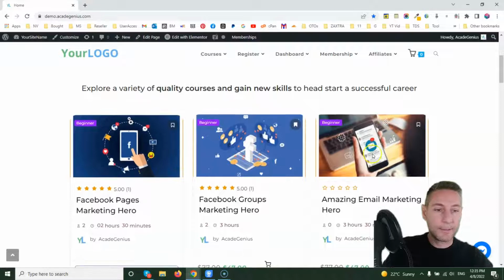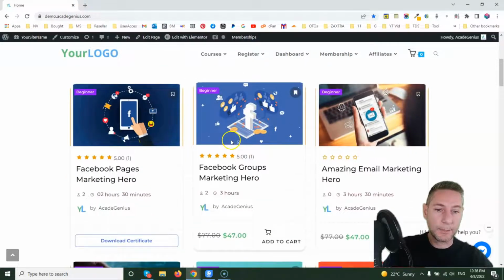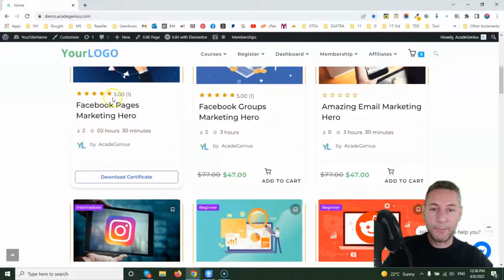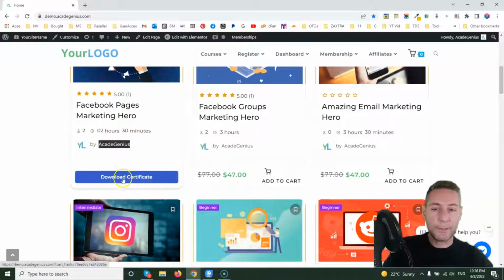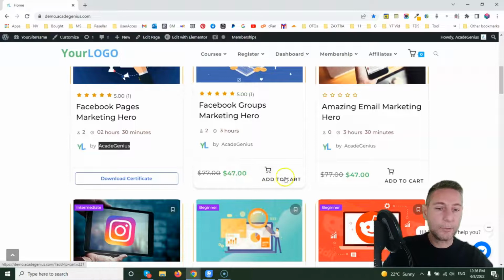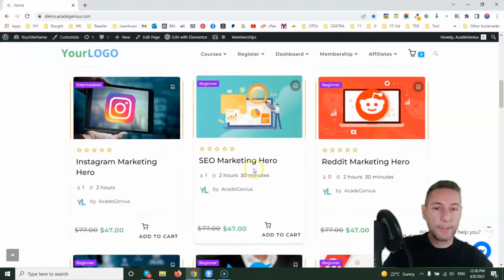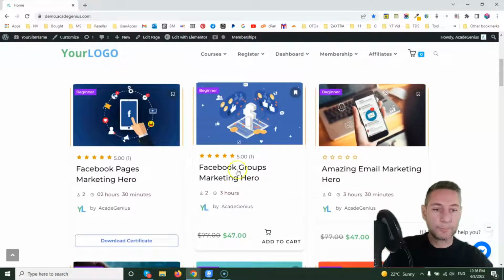Then it shows some courses available. It shows the title, the rating if there is one, how many students are registered on this course, and the duration of the course. Here is the logo of the author and the name of the author. If you have completed the course, it says download certificate. If not, add to cart. Okay. If you click on a course,